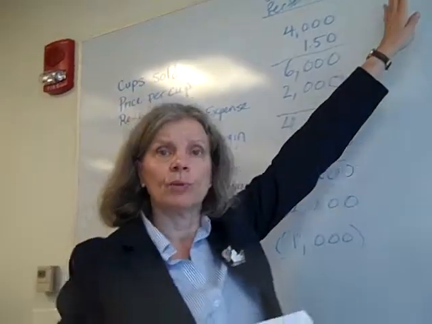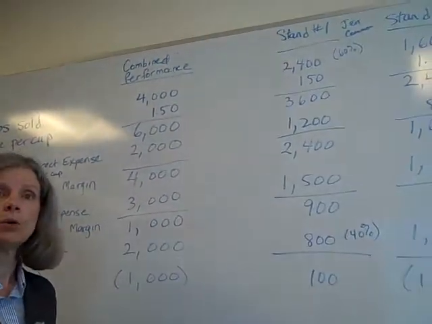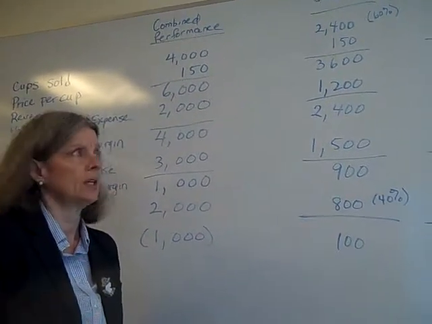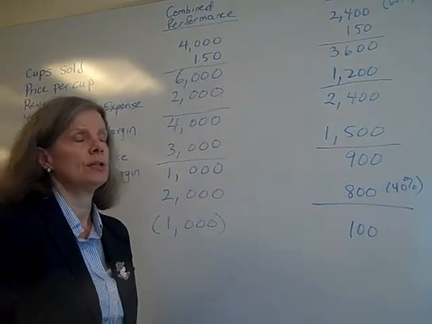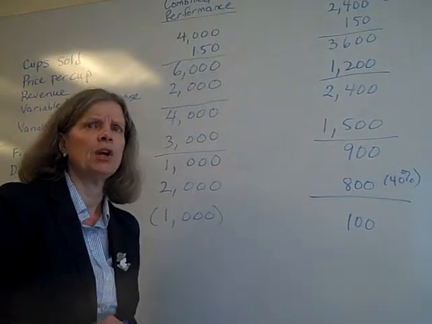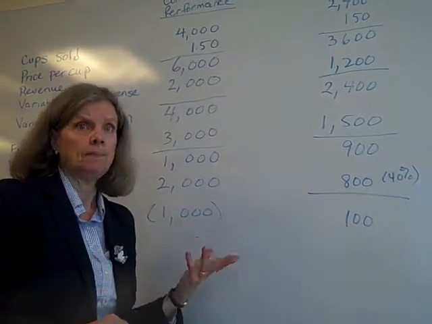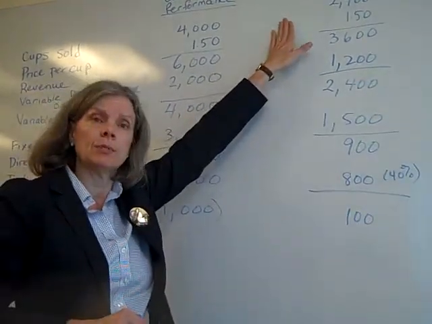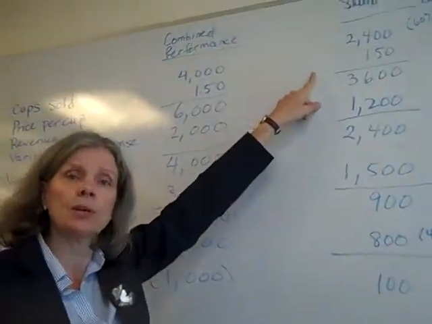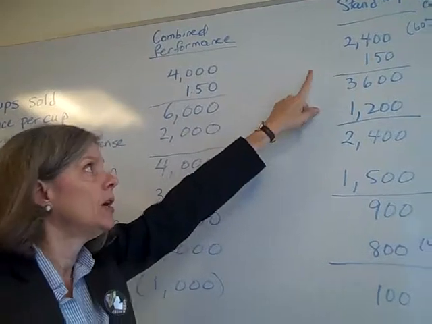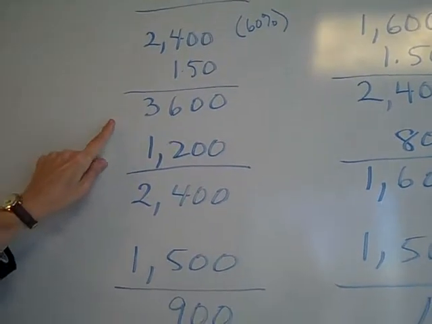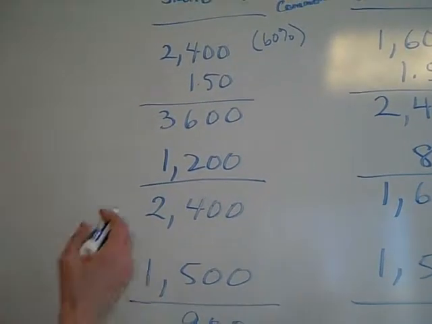First of all, we have to look at the revenue, the number of cups sold. And I've divided it and said that Jen, whose stand is doing a little bit better in terms of cups, sold 60%, whereas Dan sold 40%. You would get that kind of information from records that you kept. I just have estimated it, but this would be something that you would keep a record of through your cash register. They both are selling the cup of lemonade at $1.50. So we can calculate the total revenue. So price times quantity gives you total revenue of $3,600 for Jen's stand